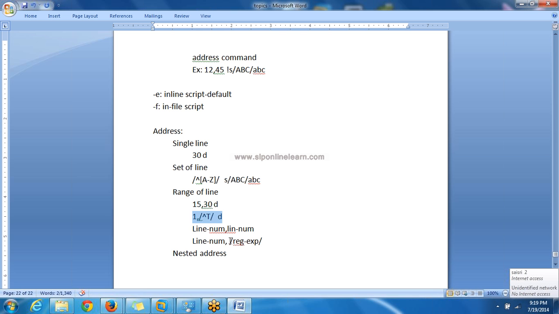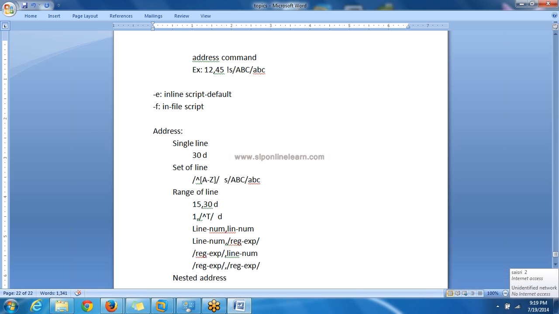So this ending can be a regular expression. Here the condition is no space before comma or after comma. Next one, the beginning address can be a regular expression, comma, ending can be a line number. Both can also be regular expressions.